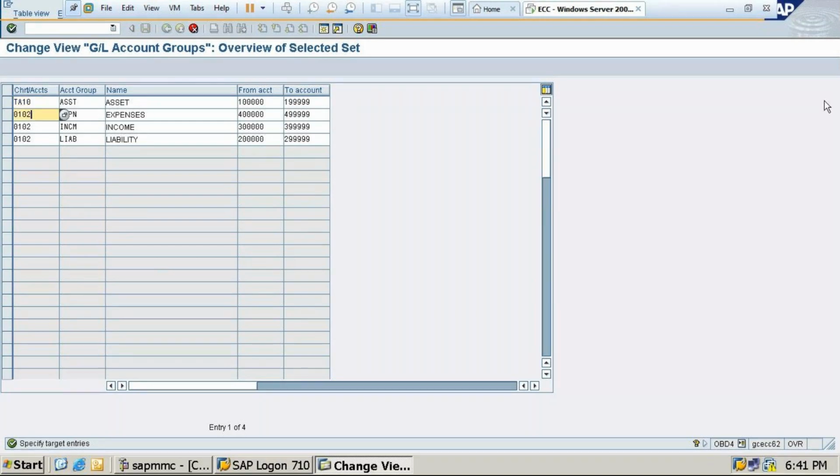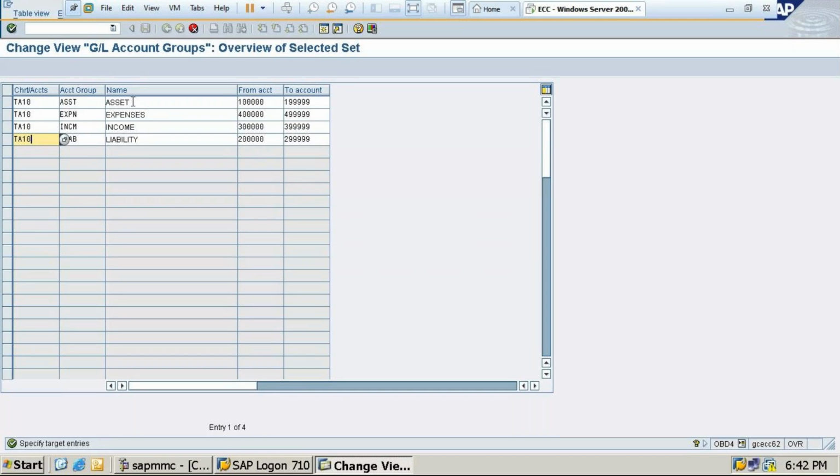So do not press enter to go to the next row, students. You have to just use the mouse, or else you can use the arrow key. So here assets is 1 lakh to 199, expenses is 4 lakhs to 499, income is 3 lakhs to 399, and liabilities 2 lakhs to 299.